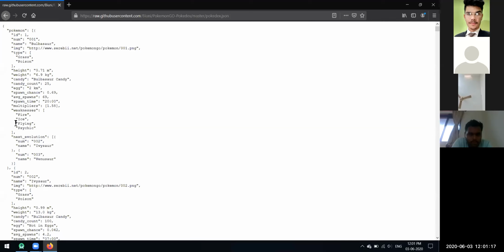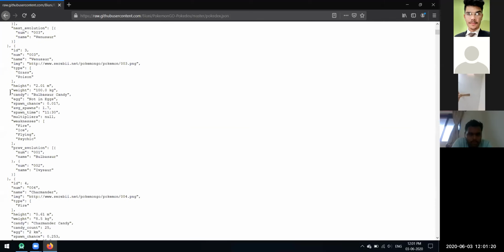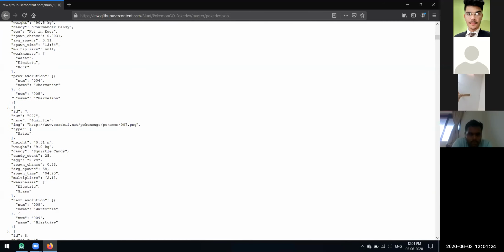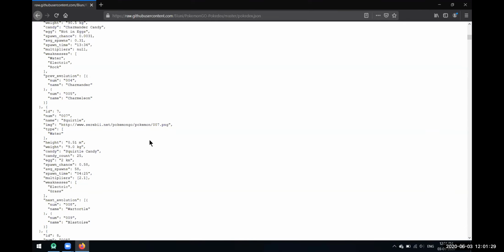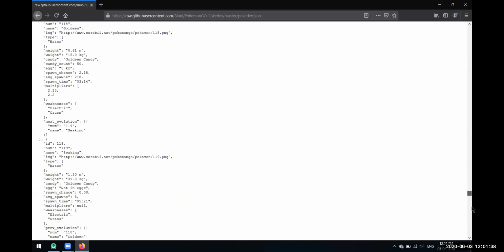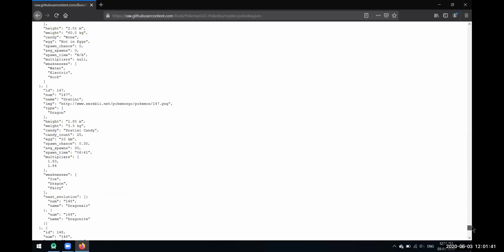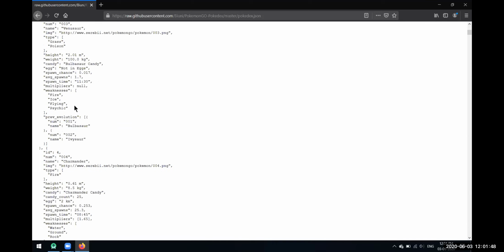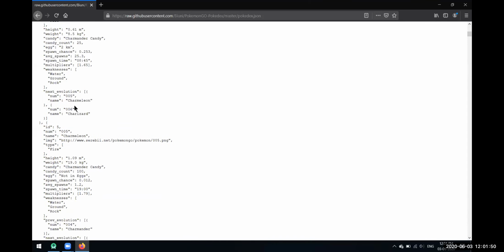This has information about every Pokemon that used to be in that game. So we have this whole data. Today, what we'll be doing, we'll be making an app where we'll be hitting this API and using its data. Okay, we'll make something out of it. It has almost information about every Pokemon that used to be there in that game. So we'll use this API. We are getting the whole data in JSON, so we have this whole JSON data over here.